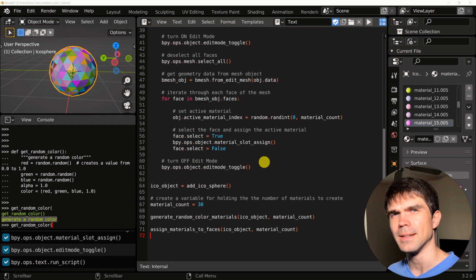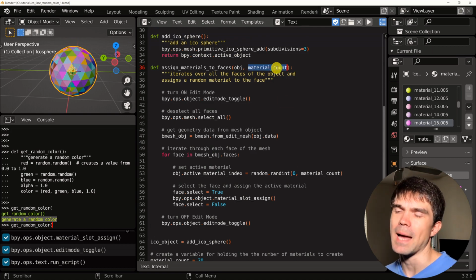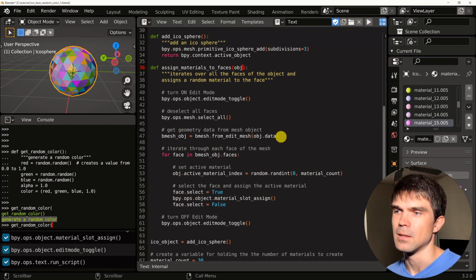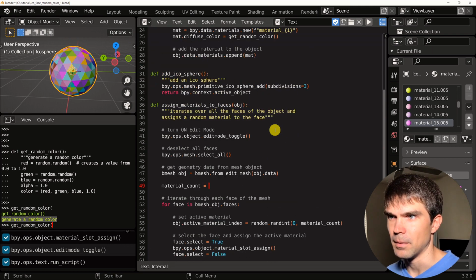Okay, I'll show you one last improvement that we can make to this script. And that is, we don't really need to pass in the material count into this function, because we already have a reference to the object, and the object contains a list of materials, and we can just get the length of that list of materials and use that. So instead of passing in this material count, we can calculate it. Remember that